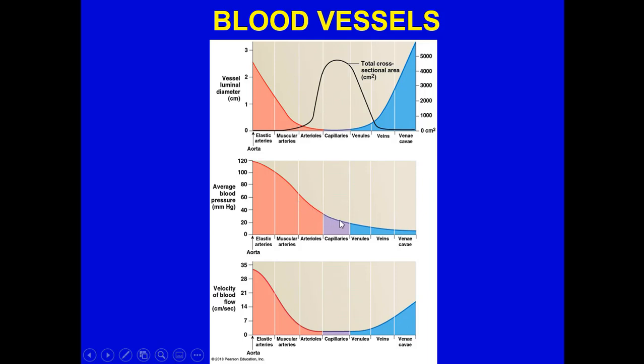And then you notice this great pressure drop from one end of the capillaries to the other end of the capillaries. Then it has a different slope in the venules, veins, and the vena cava. Okay? The better way to look at it, if you get confused, is the velocity of blood flow in centimeters